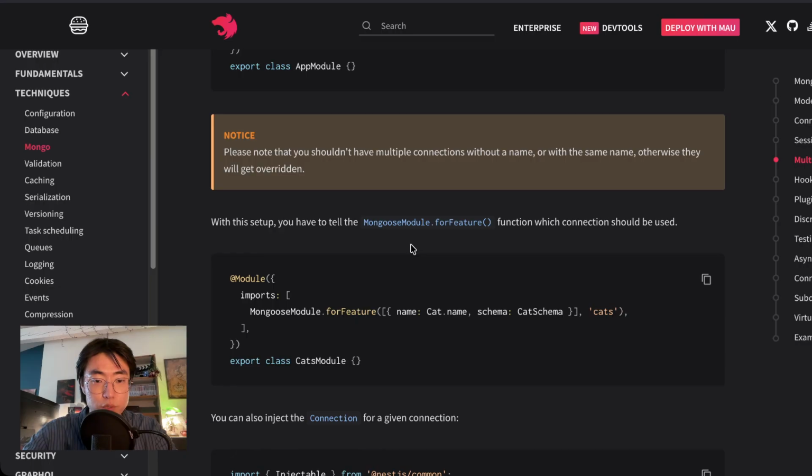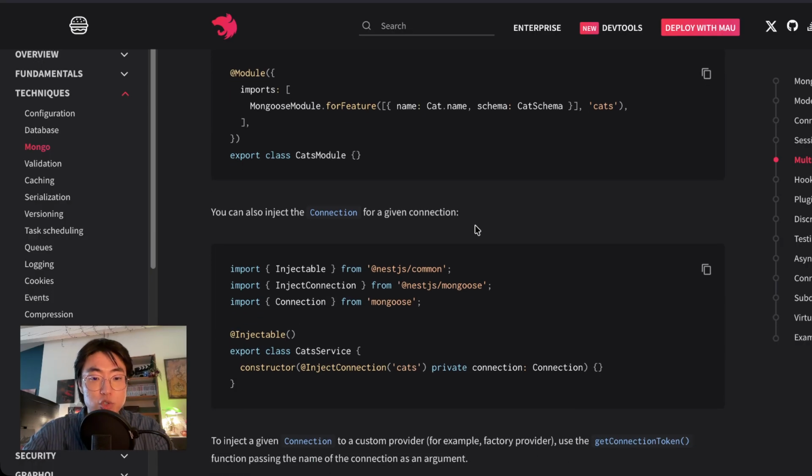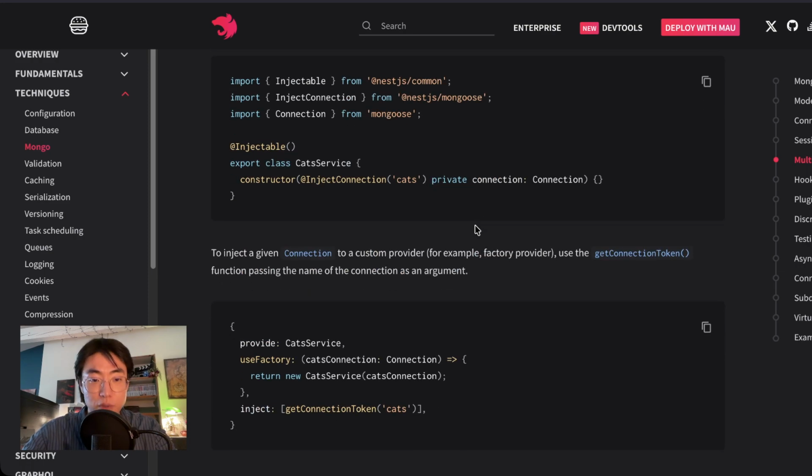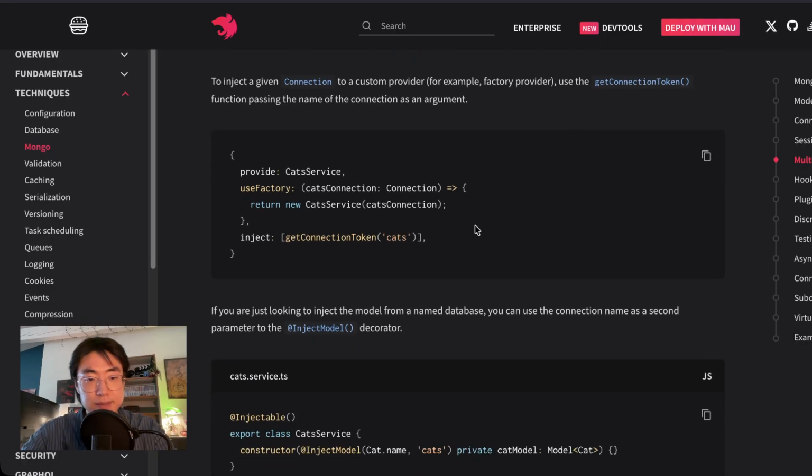@Module({ imports: [MongooseModule.forFeature([{ name: Cat.name, schema: CatSchema }], 'cats')] }). You can also inject the connection for a given connection. @Injectable() export class CatsService { constructor(@InjectConnection('cats') private connection: Connection) {} }. To inject a given connection to a custom provider, for example a factory provider, use the getConnectionToken function, passing the name of the connection as an argument. { provide: CatsService, useFactory: (catsConnection: Connection) => { return new CatsService(catsConnection); }, inject: [getConnectionToken('cats')] }